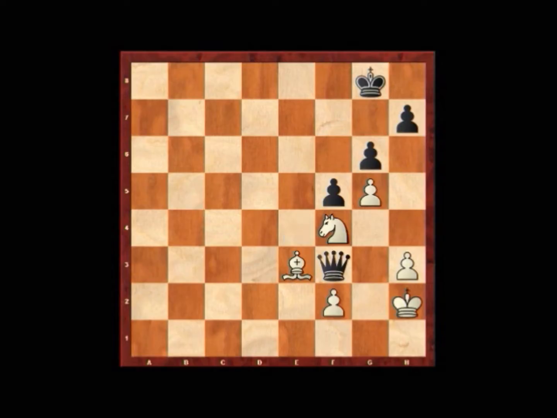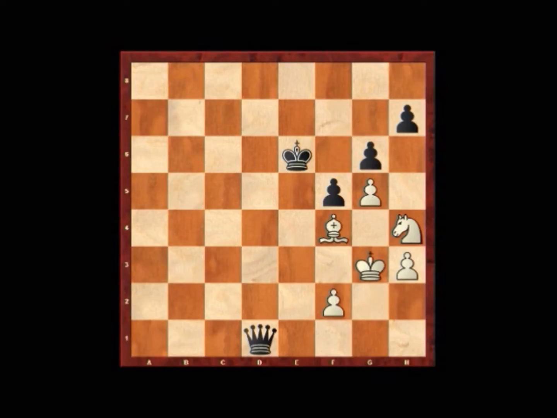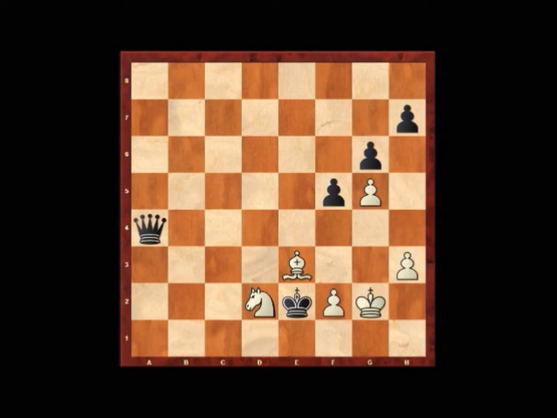knight f4, queen f3, knight g2, king f5, knight h4, queen d1, bishop f4, king e6, king g3, king d5, knight f3, king e4, knight d2, king d3, king g2, king e2, bishop e3, queen a4, king g3, queen b4, bishop f4, queen c5, bishop e3, queen d6 with check,